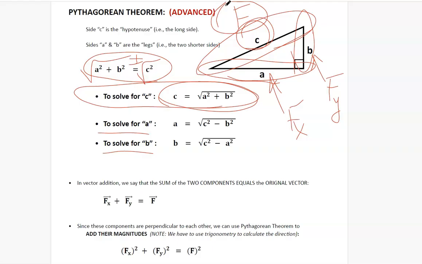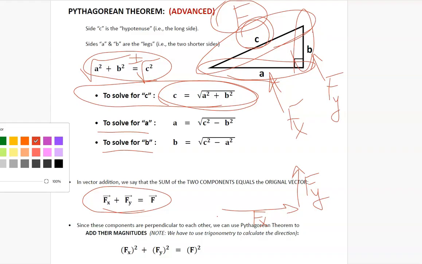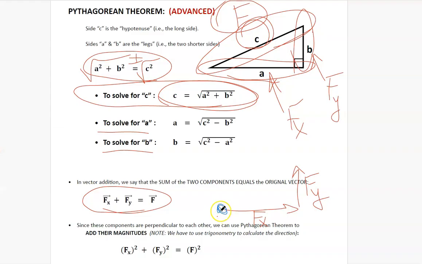When you go backwards, we call that solving for the resultant vector, or just simply adding the vector. So when you add the vector F sub x, in other words, the horizontal component, to the vertical component, you end up with a new vector that starts from where you started and ends where you ended,